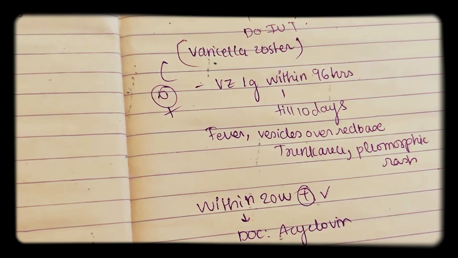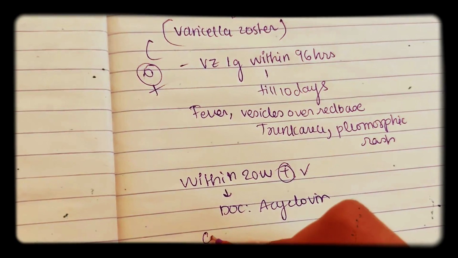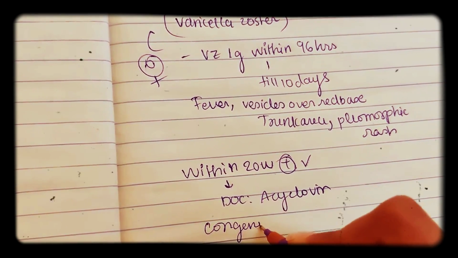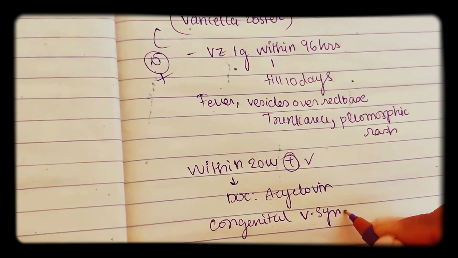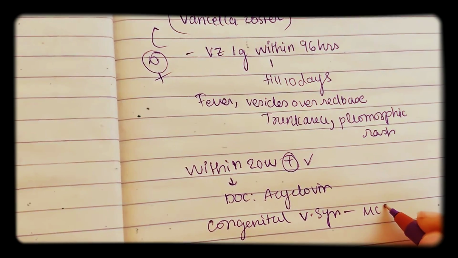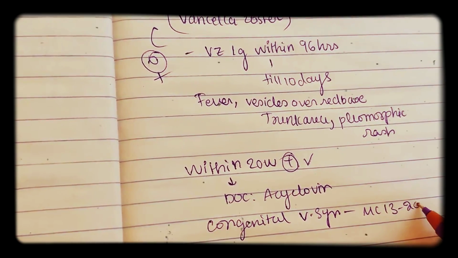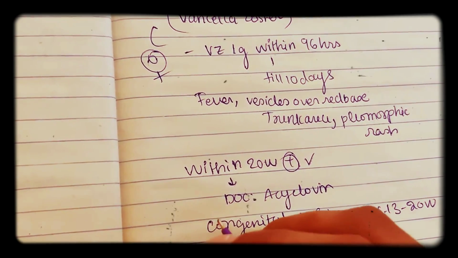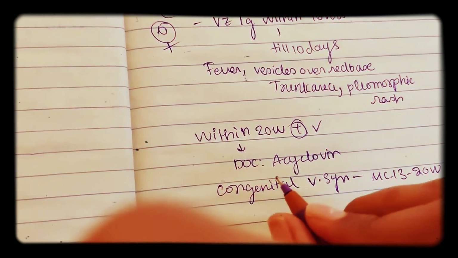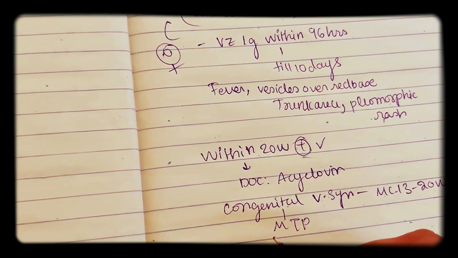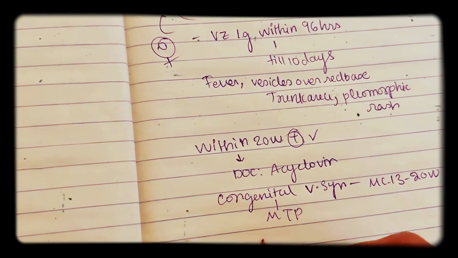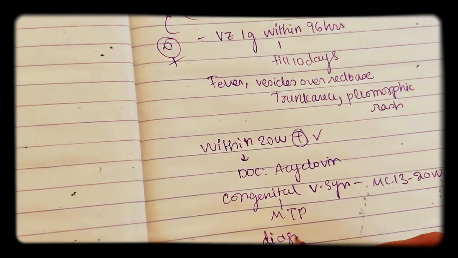And congenital varicella syndrome is most common between 13 to 20 weeks of pregnancy. Okay, and congenital varicella syndrome is an indication for MTP. So it's an indication for medical termination of pregnancy, and the diagnosis is